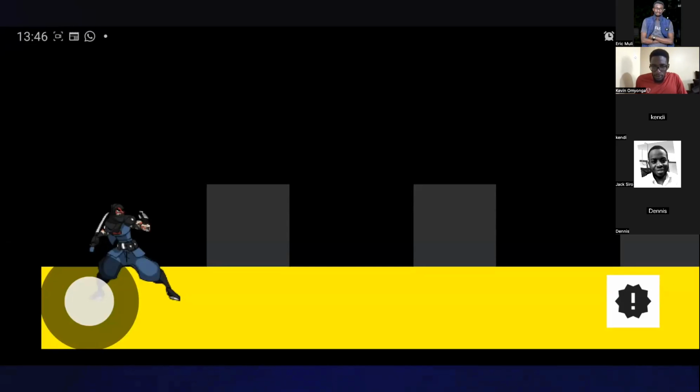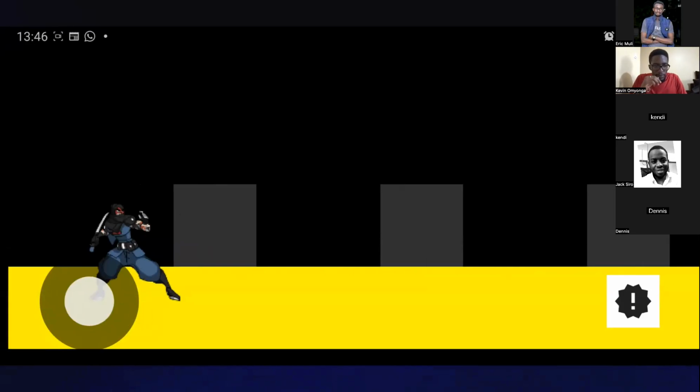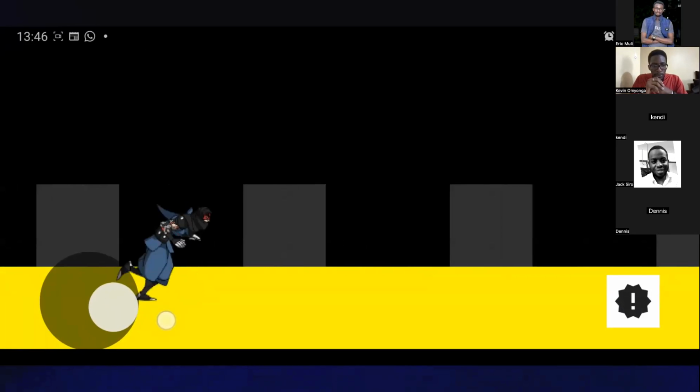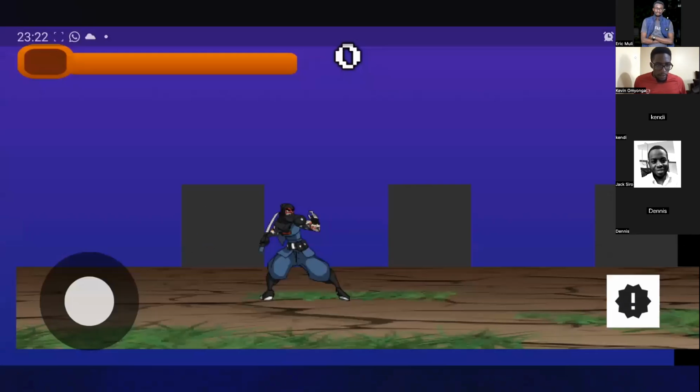And so when you run it, you can see I made use of the on-screen gamepad to control the character. So there's the direction, and then there's the jump button. And I went on to add a bit of color.